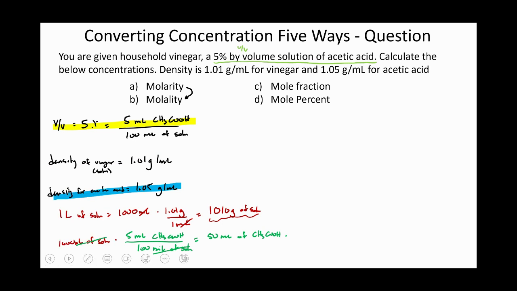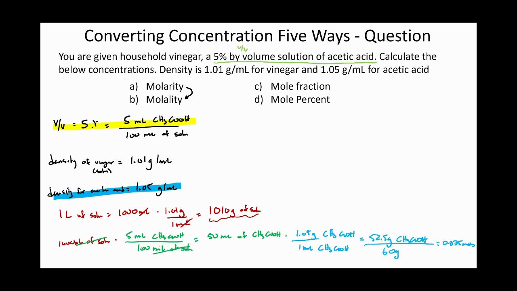So I'm going to multiply this by its density, which is 1.05 grams per milliliter for CH3COOH. I multiply those two together, and I get 52.5 grams of acetic acid. This is a little bit of a long calculation. I can then divide that by its molecular weight of 60 grams per mole, and I get 0.875 moles of